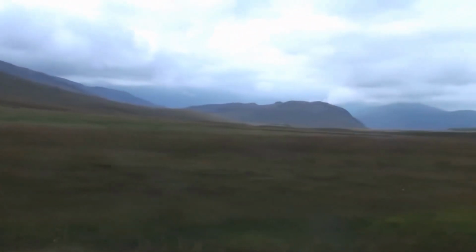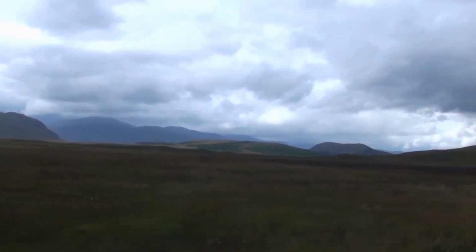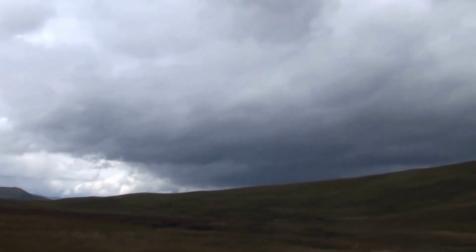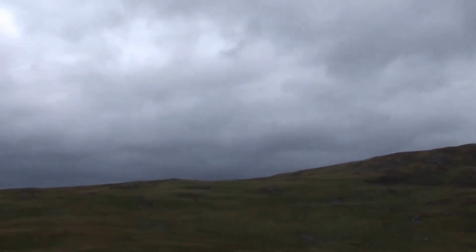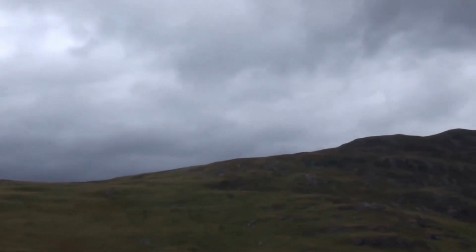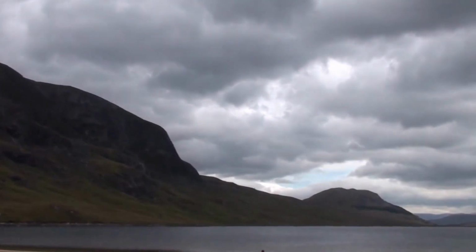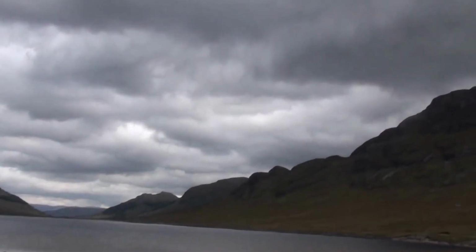I'm going to do a panoramic, try to get a feeling. We're pretty remote on a little jeep trail in the Highlands of Scotland. A group of us came up today. This is one of the most remote areas in all of the UK. We're with one of the locals who's describing that